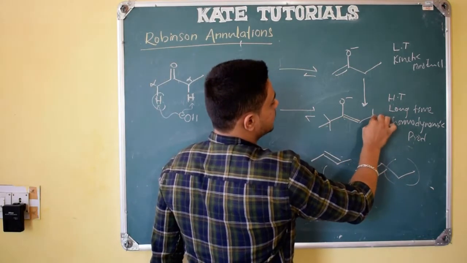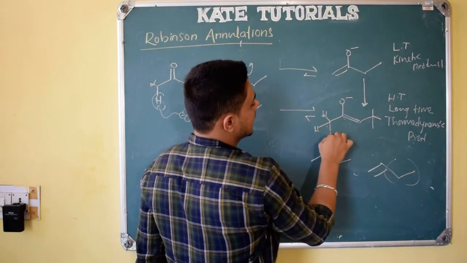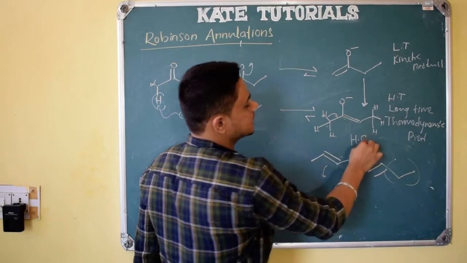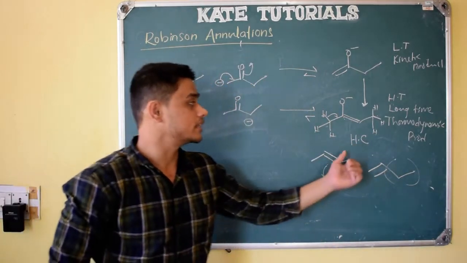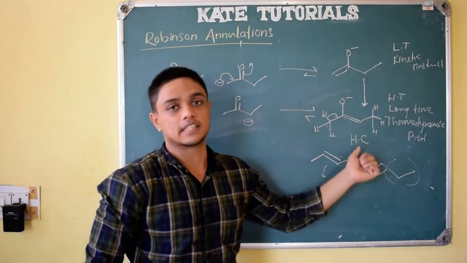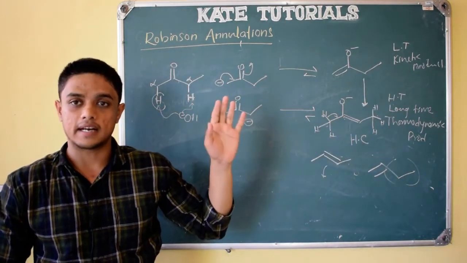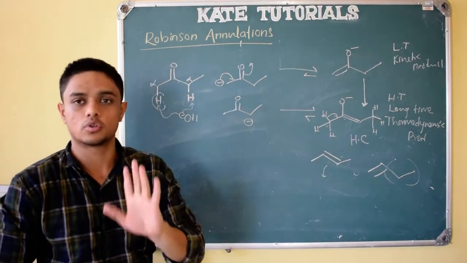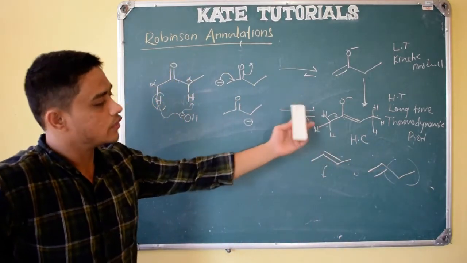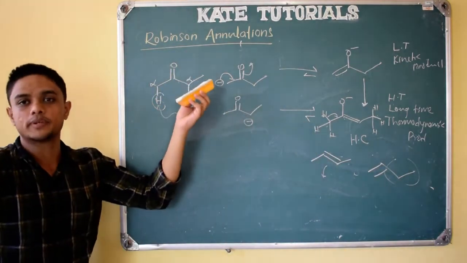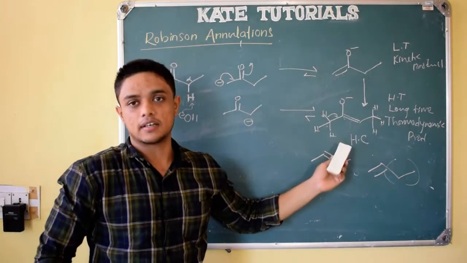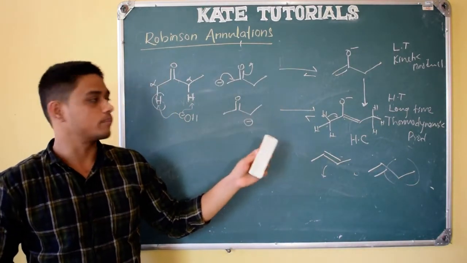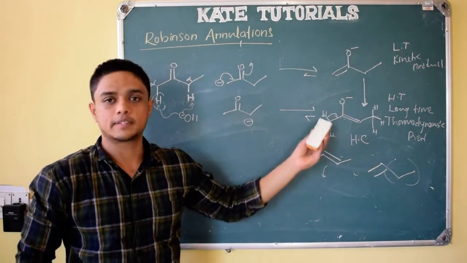Here also a CH3 group will be there. These protons will stabilize this alkene by the hyperconjugation effect. Resonance, inductive, like that hyperconjugation effect is there, right? That will stabilize these things. During E1, E2, the Saytzeff product, there I will explain how hyperconjugation stabilizes. But now you should know the reason, because this application part is nothing but the Robinson annulation. Once we know the basic thing, we make this application. So now we are discussing the application part, so no need to waste time explaining basic things, right?